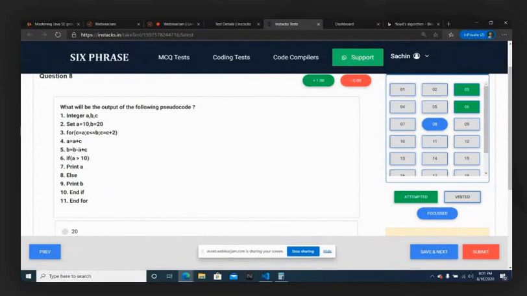So 20 minus new value of A, which is 20. So 20 minus 20, 0. Plus C value will be 10. So B becomes 10, A becomes 20. So after incrementing your C value, C will become 12, where 12 is not definitely less than or equal to your new B value, which is 10. So your process will stop. Okay, because of this equation, your B value is actually changing.